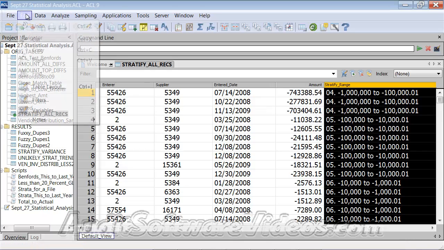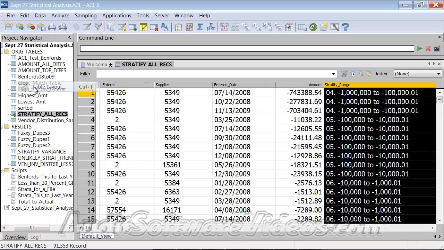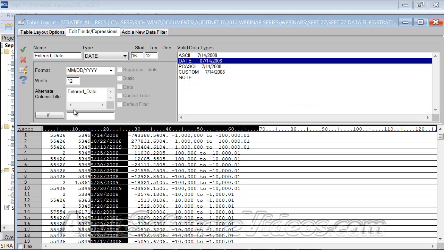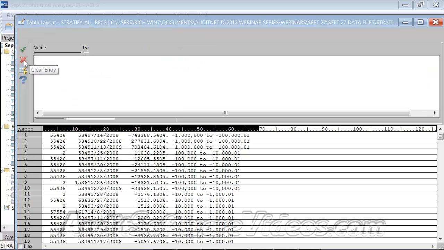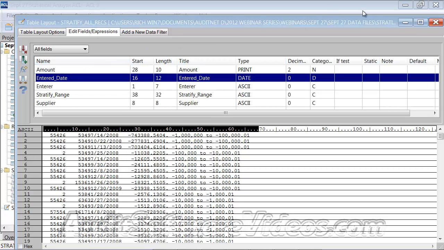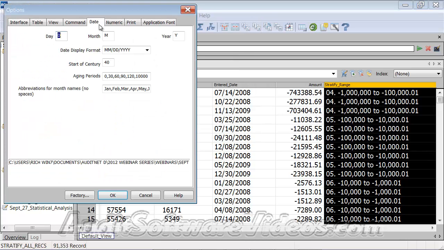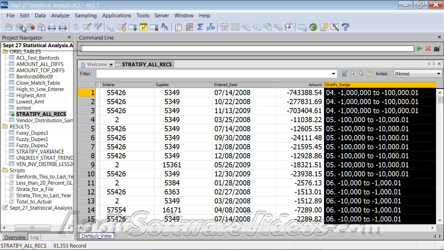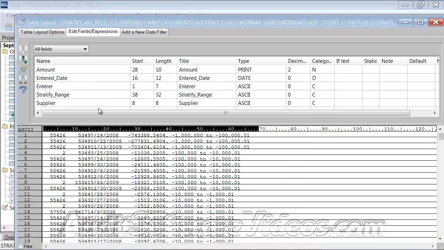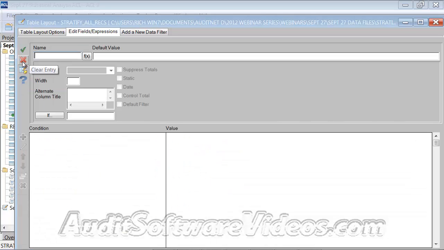But what I really like to do, and I'm just going to go into my table layout and take a look at my entered date. Notice I have that date function there. What I'm going to do is check a couple of things here. Bear with me one second. Yep. Okay. So I'm going to go into my table layout, and I am going to redefine or better, split